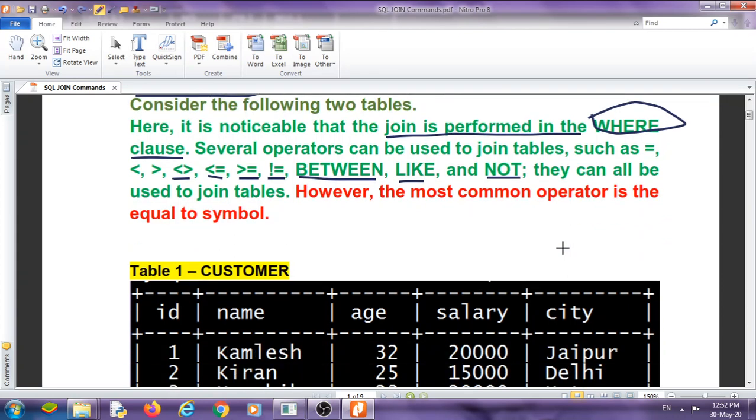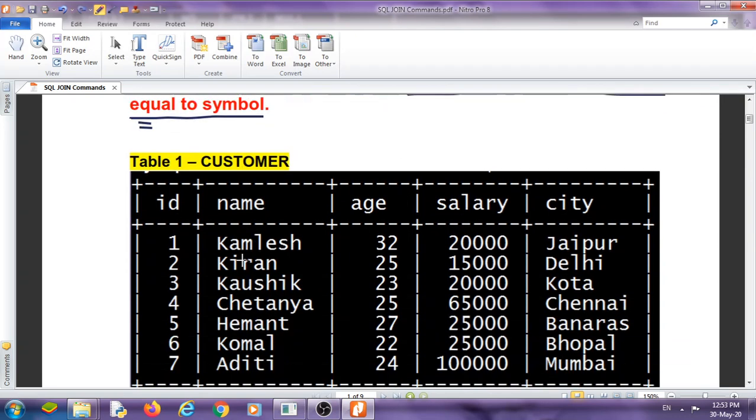These operators can be used to join the tables, but the most common operator is the equal operator.